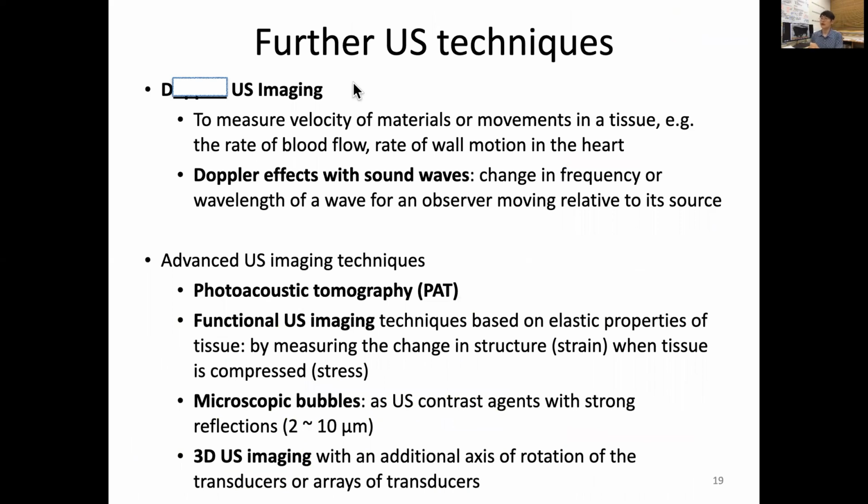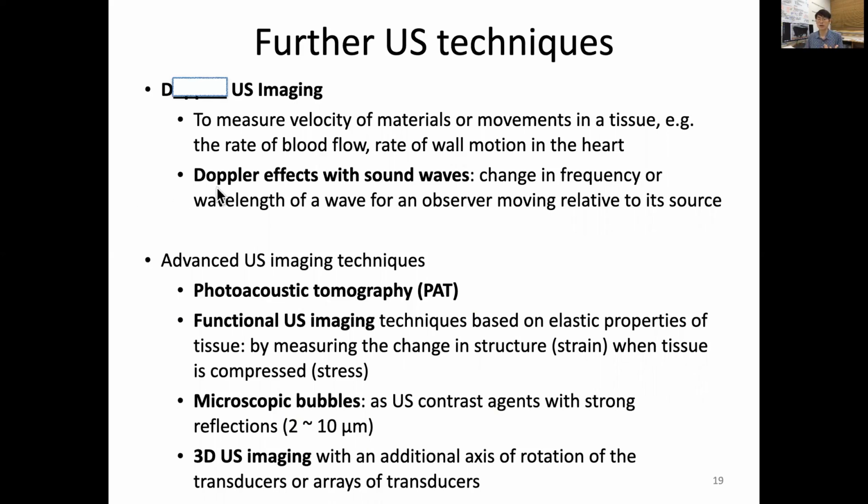So let's move a little further. Think of another type of ultrasonic imaging to measure now not just structure, but velocity of material or movement inside the tissue. What's moving inside our tissue? For example, blood. So the rate of blood flow or rate of wall motion of the heart, which can be